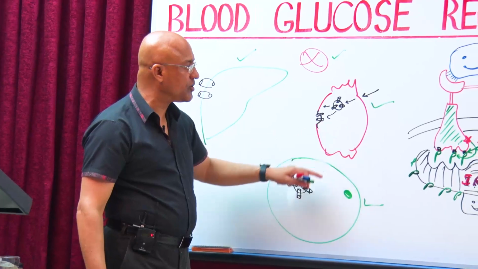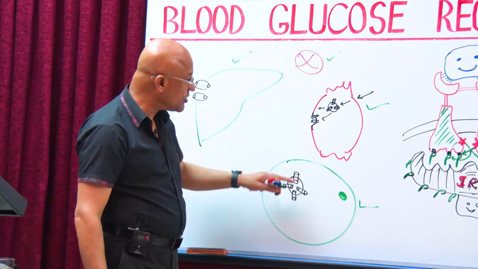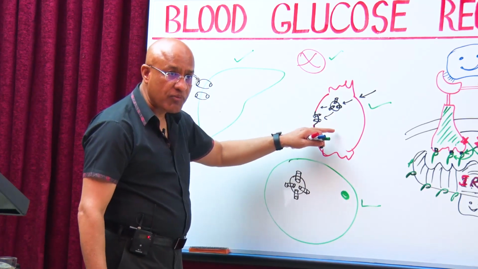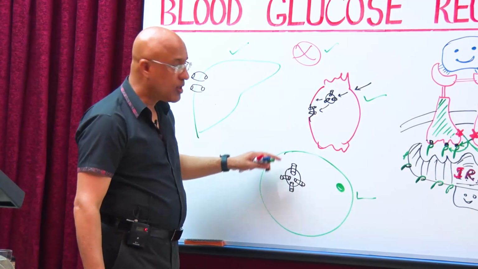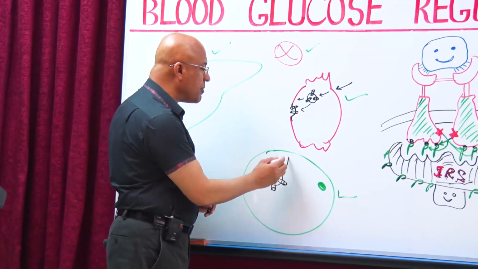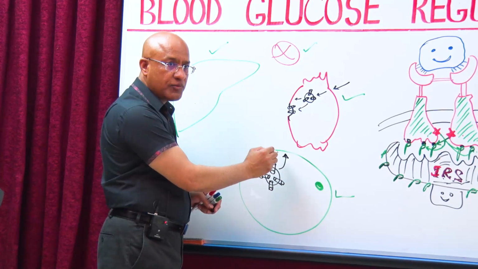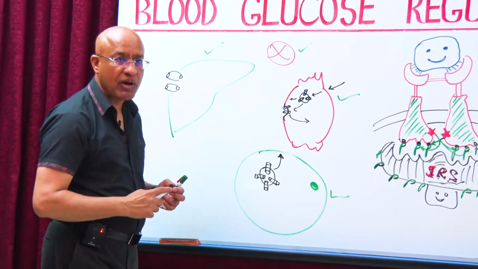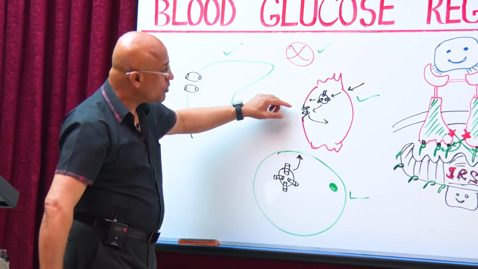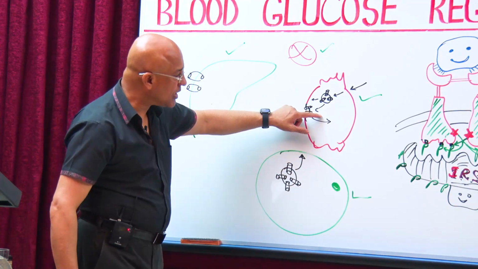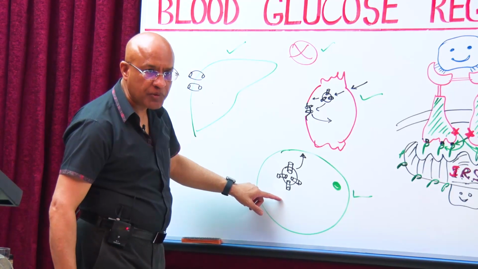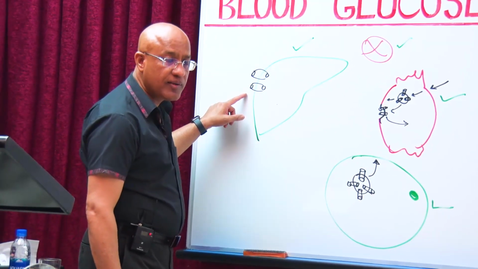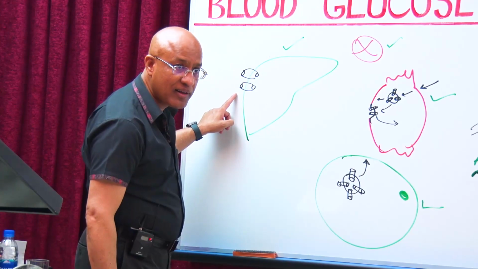Insulin also works on muscles and adipocytes. Here also it leads to changes in metabolism, but also here it changes the cell membrane, and the cell membrane under the influence of insulin will express GLUT4, because these GLUT4 only move to the membrane when insulin is present, and if insulin is catabolized, these GLUT4 will move in again, right? The membrane will not be able to take up glucose. So we can say GLUT4 in the muscles and in the adipocytes are insulin dependent, but GLUT2 wherever they are present, they are not insulin dependent, right?